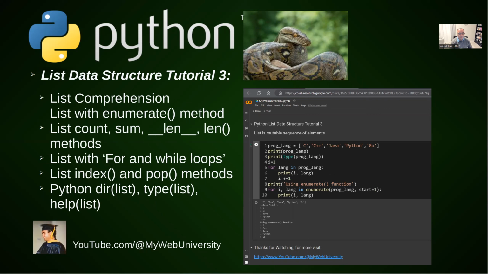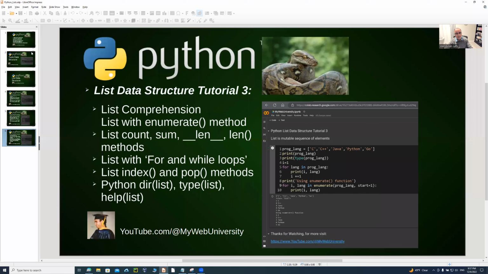And the sum function, and the double underscore length, again, length in the len method, which is used within the for loop and while loop. When we do index and then pop method, we want to use the length method, and we want to traverse through either a for statement or a while statement, and then we are going to get the list there. So without further ado, let me take you back to